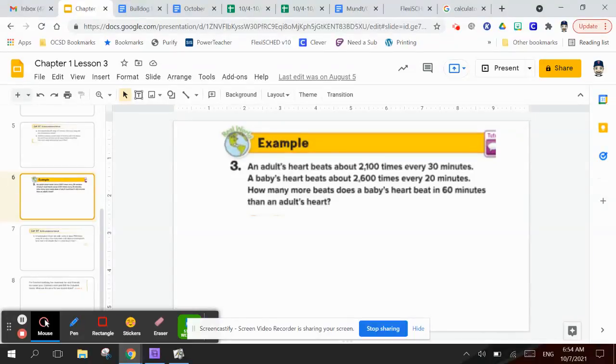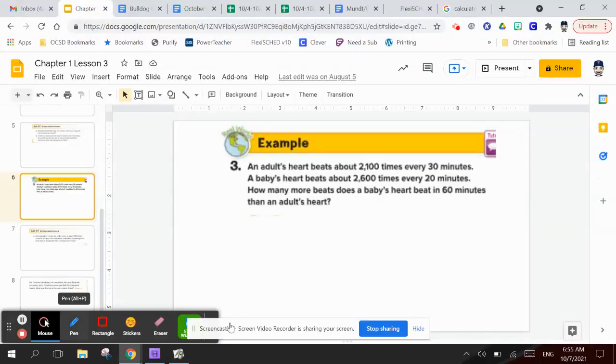So number 3 example, it says an adult heart beats about 2,100 times every 30 minutes, and a baby's heartbeat beats about 2,600 times every 20 minutes. How many more beats does a baby's heart beat in 60 minutes than an adult heart? So here, I want to compare both of those to 60 minutes. So that's going to be my